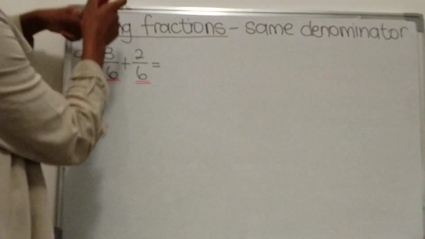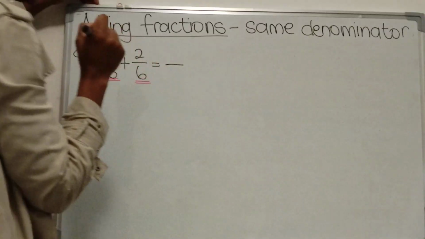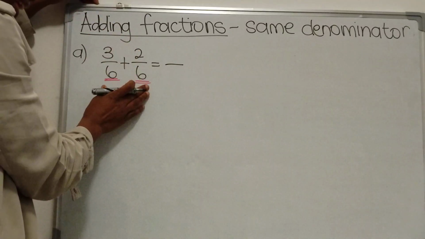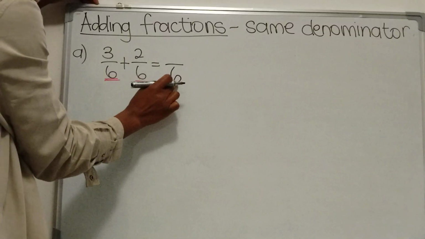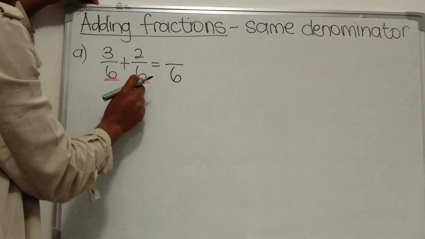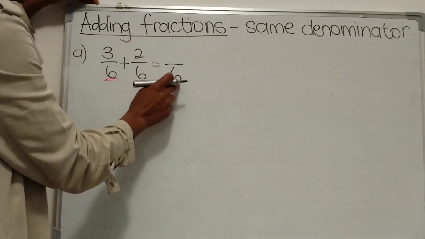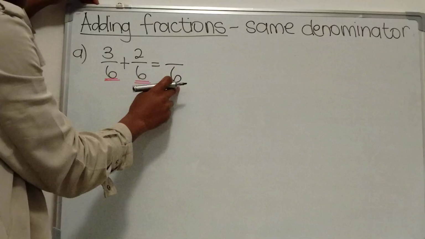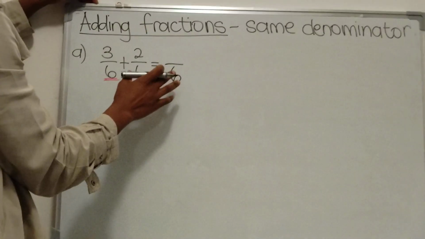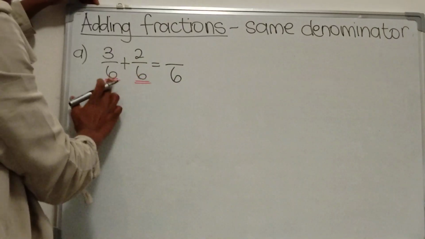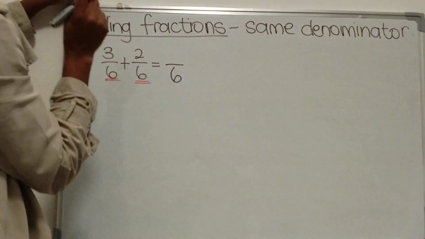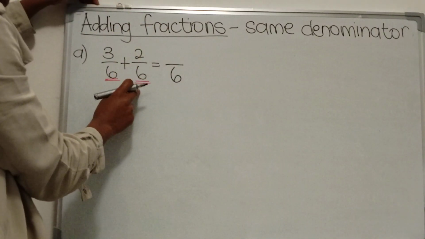uzofumana i-6th ezingaphi. And I always tell them they need to ask themselves a question ethi xa ndidibanisa i-6th in this case ndizawufumana i-6th ezingaphi, because I am adding i-6th. So ndibaxelele first write i-denominator yakho so that you do not forget into yoba u-adda eyiphi i-fraction. Ne? So this has helped them a lot. Bayayazi into yoba once ndi-adde I need to first look at i-denominator yam ndiqale ngayo ukuyibhala, so that I don't forget and add i-denominators zam.